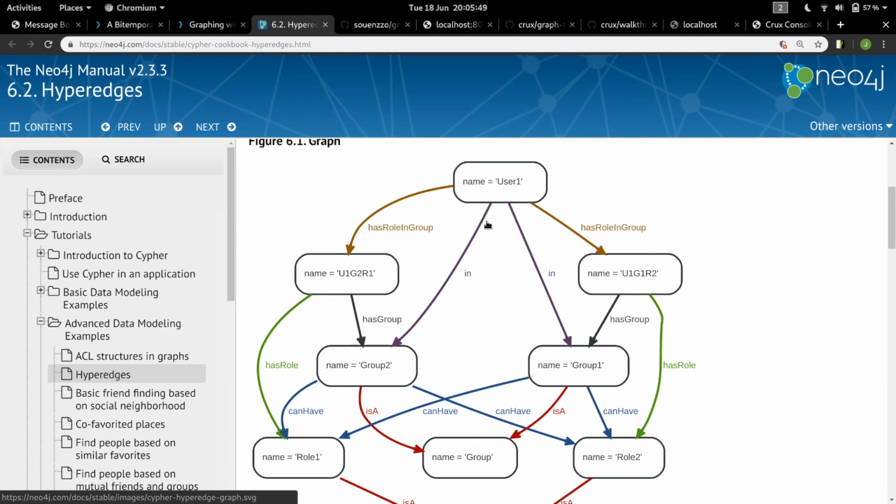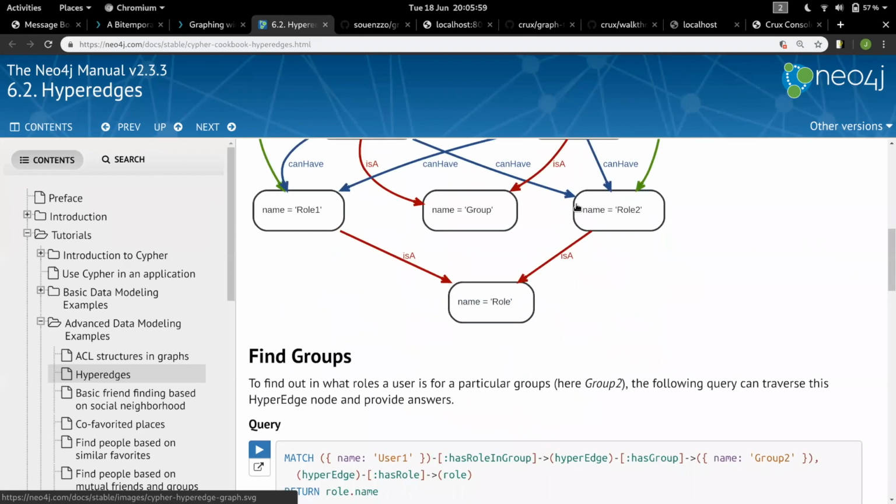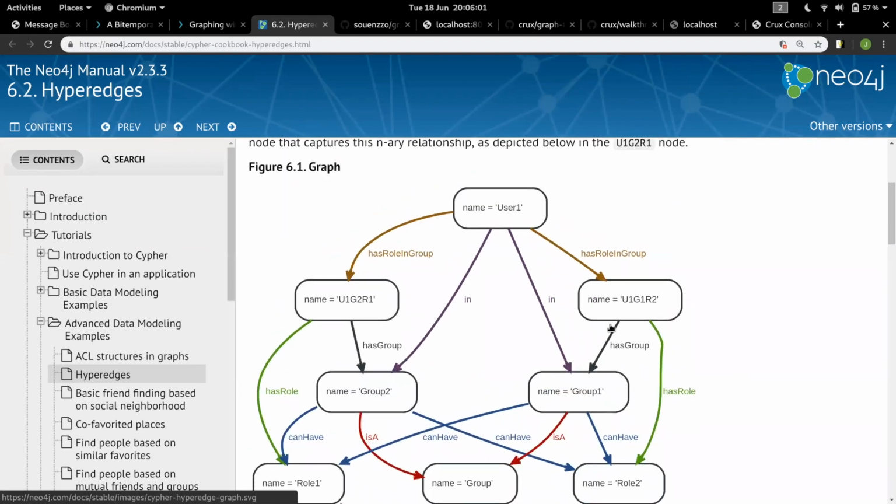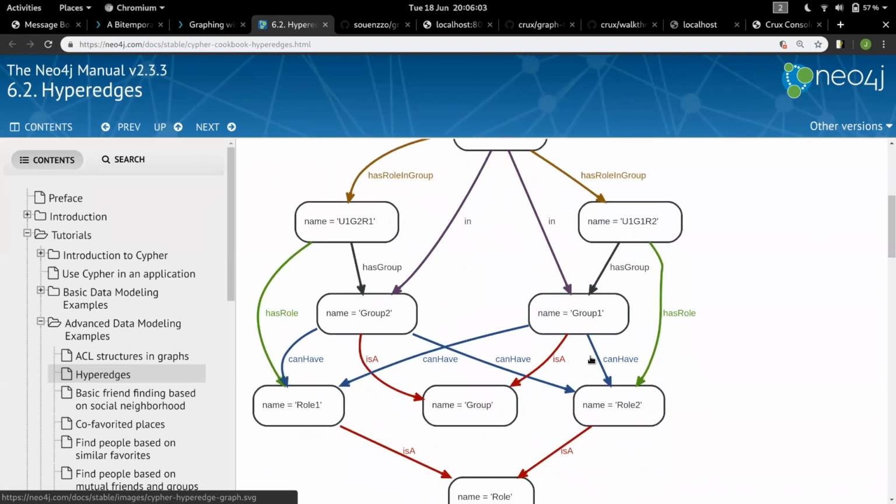One of the things we're actually looking at doing with Crux is to take your document, break it apart into a subgraph, and put it into something like this, so that you can query very easily. But anyway, this example has users, groups, and roles, and all three of these. So a user can be part of multiple groups, and they can have multiple roles in those groups. Roles being, I'm the administrator or the secretary or the account keeper or something like that.